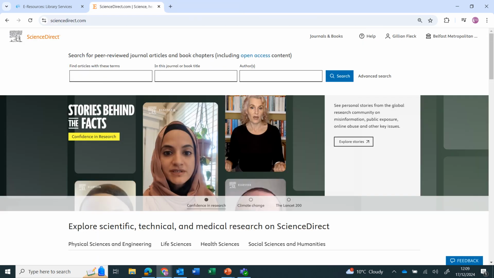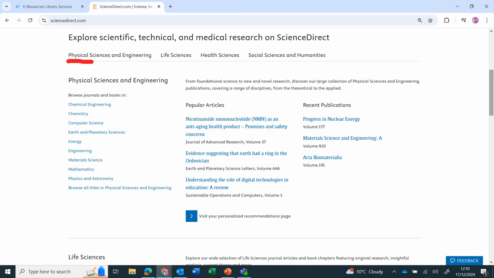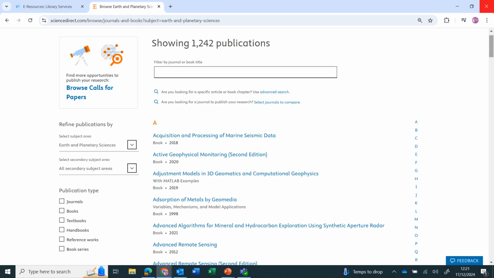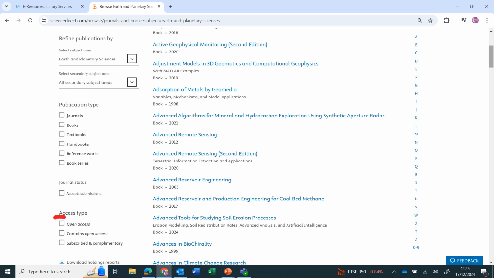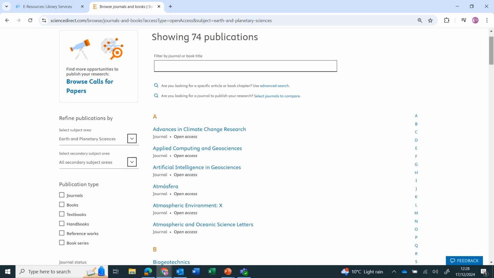You can browse the content by subject. There are 4 main subject areas, which are divided into further subjects. Choose one of the subjects to see the publication list. You can refine the list by a further subject area or by publication type. Make sure you scroll down and choose Open Access from under Access Type to only see publications you can read